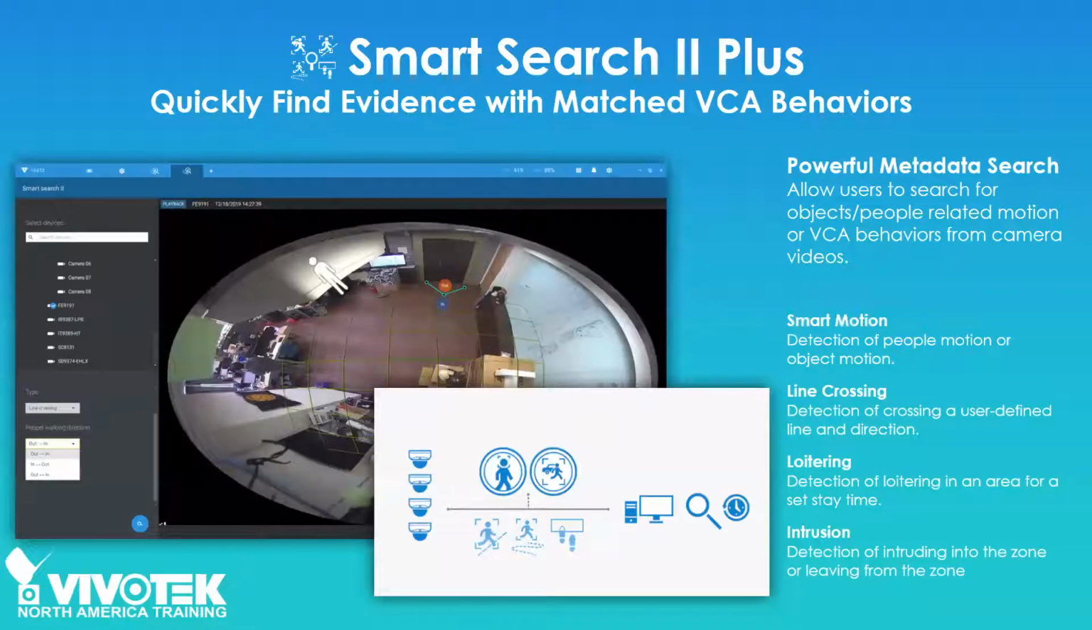Smart Search 2 Plus is an even more powerful search tool that we provided with VAST 2.7 and up. You can now quickly sort through large amounts of recorded footage to find object or person related motion. Smart Search 2 Plus helps you quickly find evidence with match VCA, or video content analysis, behaviors with its